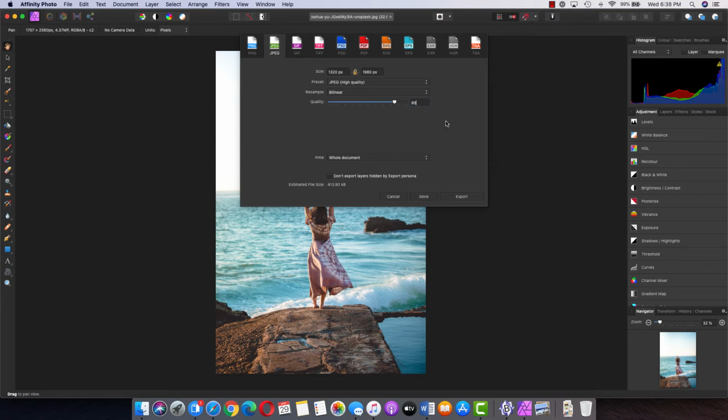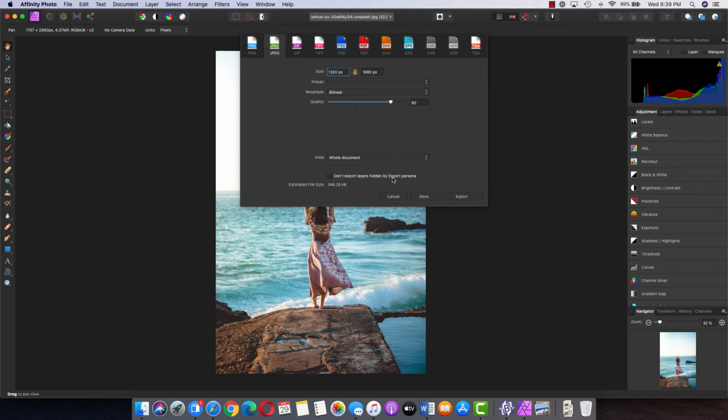Though none of these presets is actually a complete web image preset, they still add a lot of things to the image which we need to remove. The first thing which I would change is the quality. Rather than 85, I would prefer to do it at 80. As soon as you move out, you see the image size has been recalculated and it has become very small compared to what it was earlier. And the preset also is gone. Please don't change the preset back, because these settings will also get changed. Come here, make sure that you have removed this.